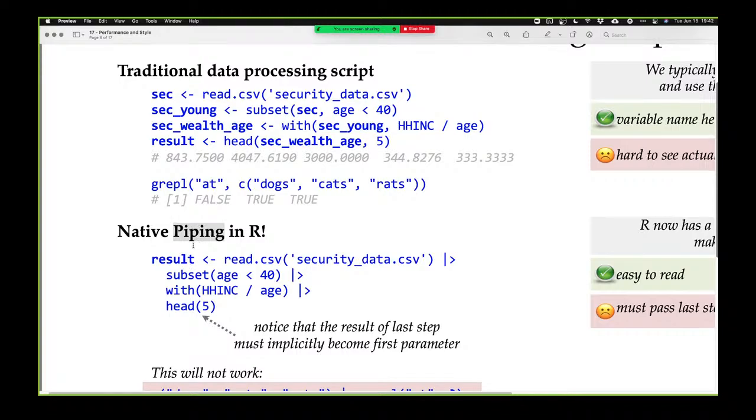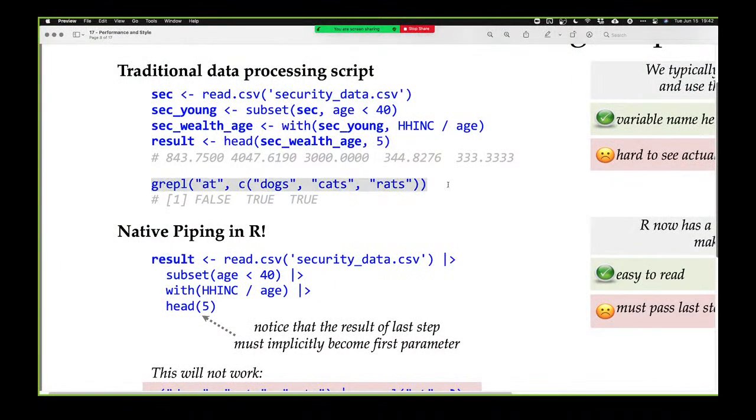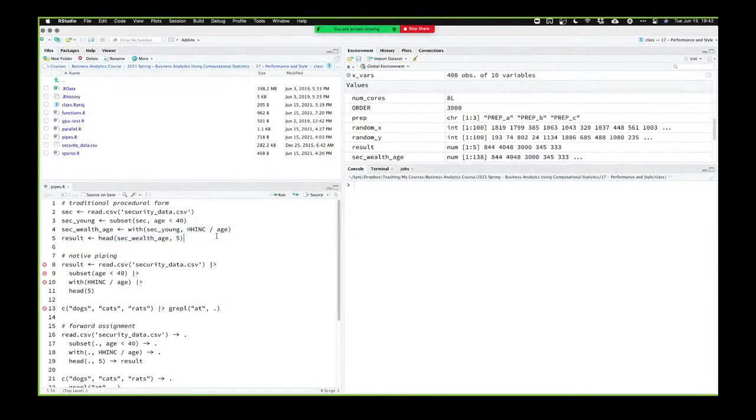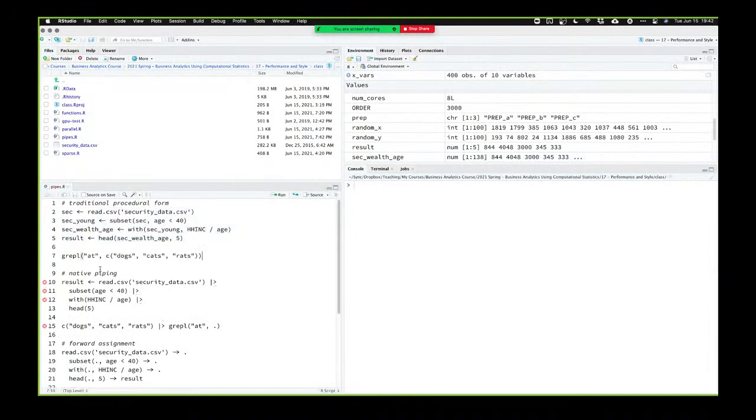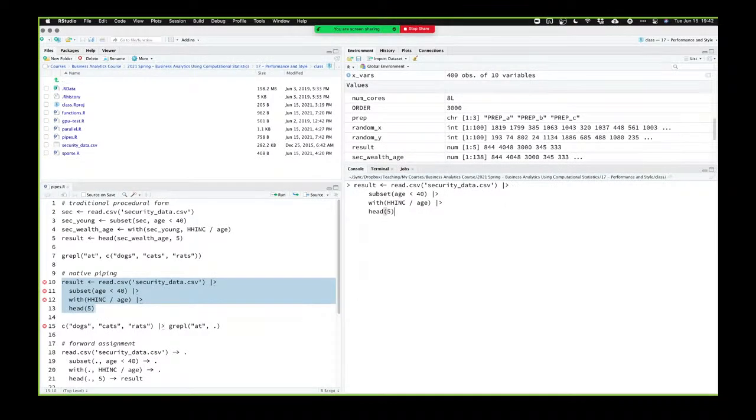And so here's a new technique called piping. Let's take a look at what piping looks like. Okay. So with piping, this earlier example I had here. Oh, by the way, I forgot to put this into my code. I'm just going to put it right here. Okay. So let's take a look at this example I had. There's 4 steps to compute this result. With piping, we can run it like this. Okay. And what this says is